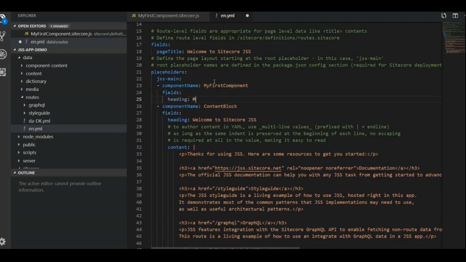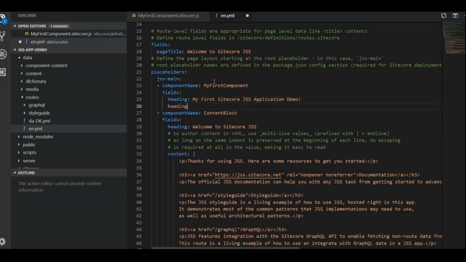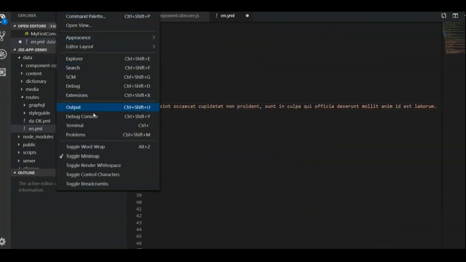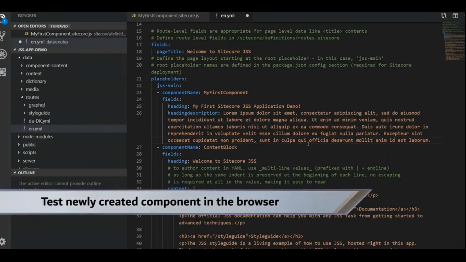In fields, I'm providing what fields need to be displayed. I'm specifying the data for heading with the value my Sitecore JSS application demo, and for heading description I am providing some value. In the data folder, I am providing the data for the template I have created in Sitecore components. It's like creating an item in Sitecore. I'm providing the data.